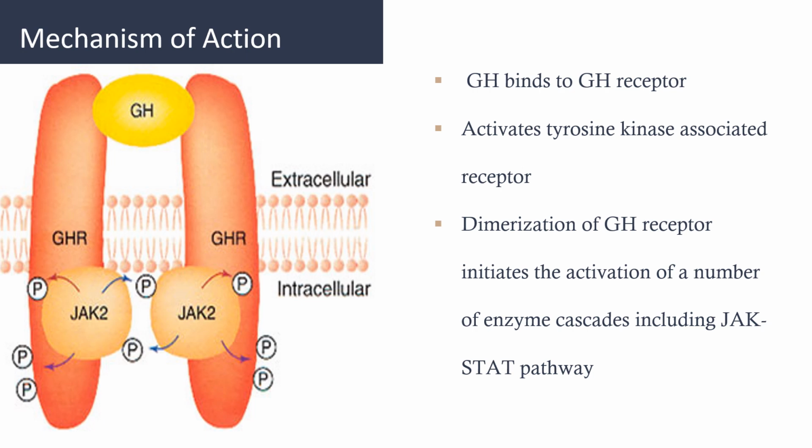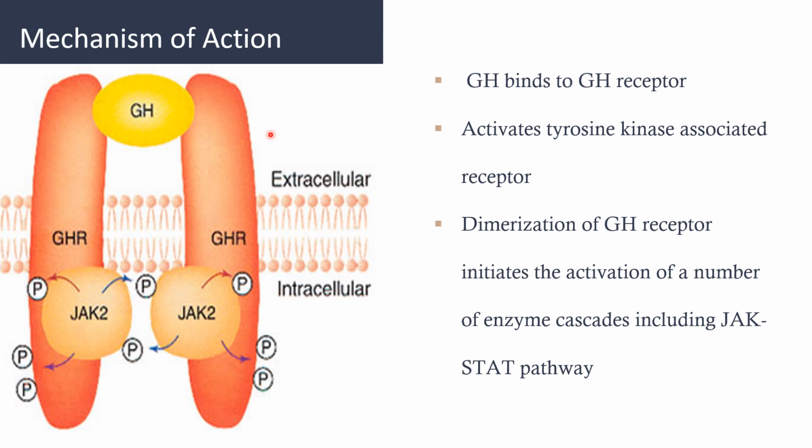The growth hormone receptor has two subunits, and there is a binding site on each subunit. When the growth hormone binds to one receptor subunit, the binding site on the other subunit is attracted,